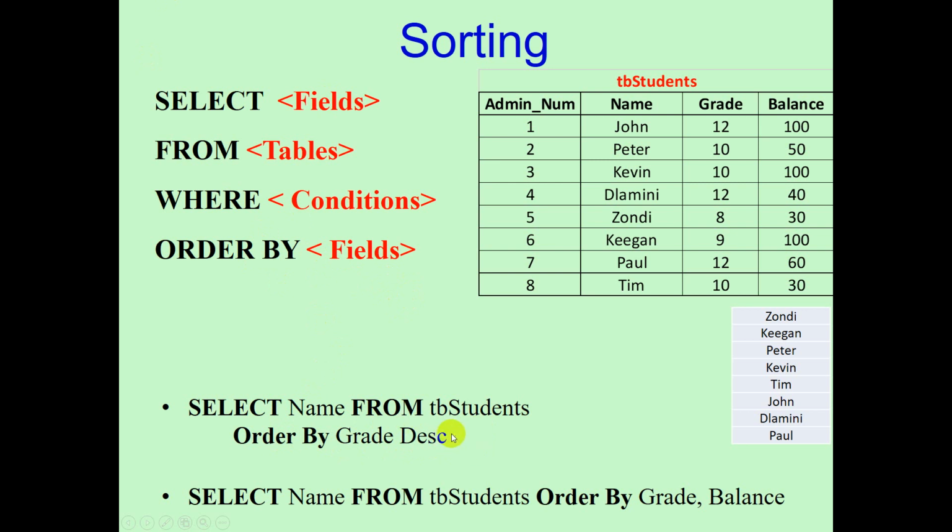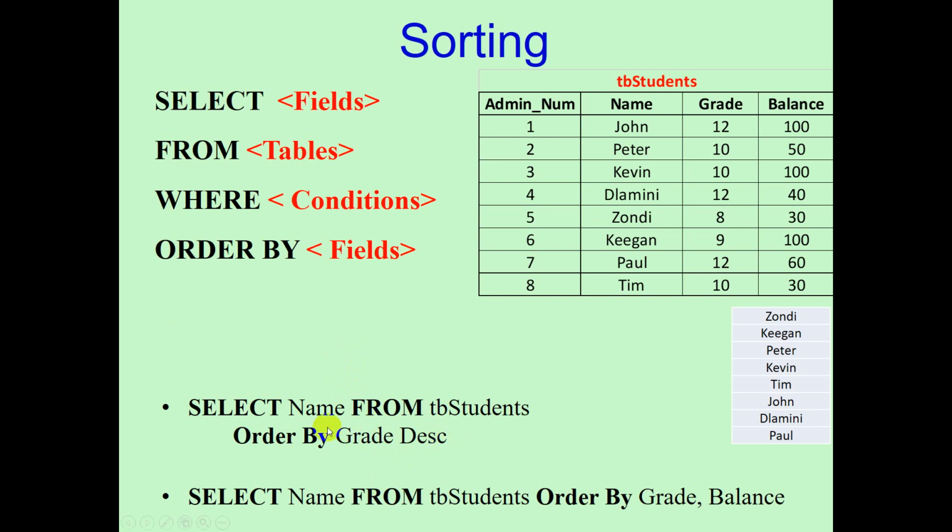So DESC means descending. So it will sort the table not in alphabetical order, but from the letter Z to A. If we don't want it in descending order, then we can ignore DESC. So by default, if we don't have the DESC, it will sort it in ascending order,